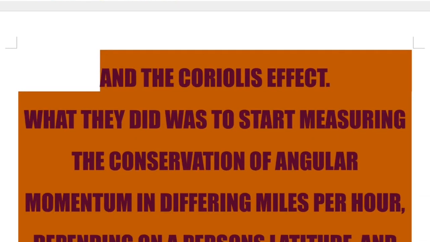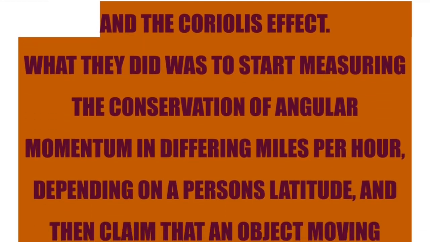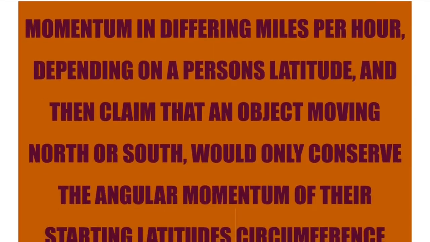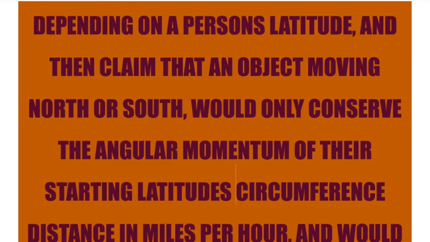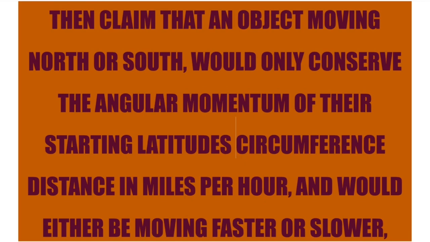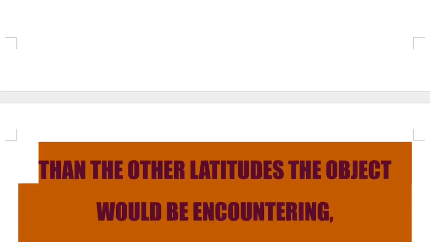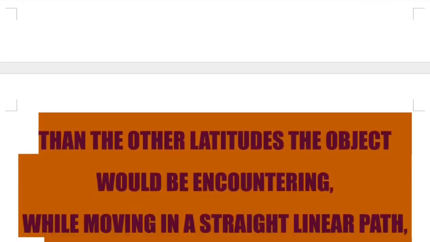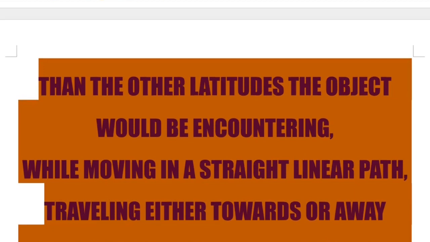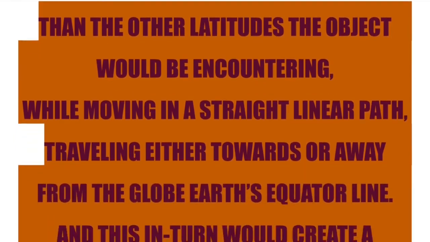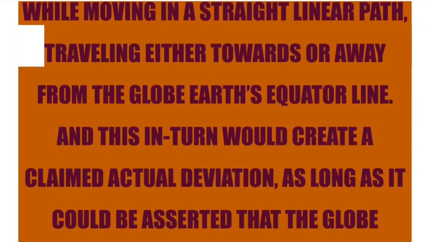What they did was to start measuring the conservation of angular momentum in differing miles per hour, depending on a person's latitude, and then claim that an object moving north or south would only conserve the angular momentum of their starting latitude circumference distance in miles per hour, and either be moving faster or slower than the other latitudes the object would be encountering, while moving in a straight linear path, travelling either towards or away from the globe Earth's equator line, and this in turn would create a claimed actual deviation,